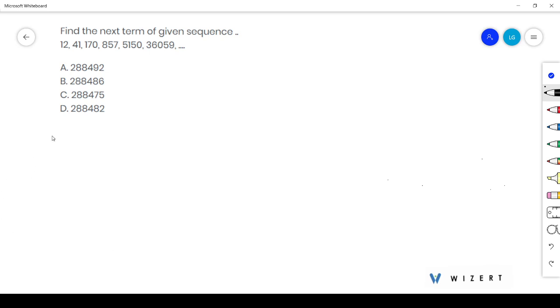Our question is, find the next term of the given sequence. We have given the sequence here: 12, 41, 170, 857, 5150 and 36,059. So we have to find the next term. Here,